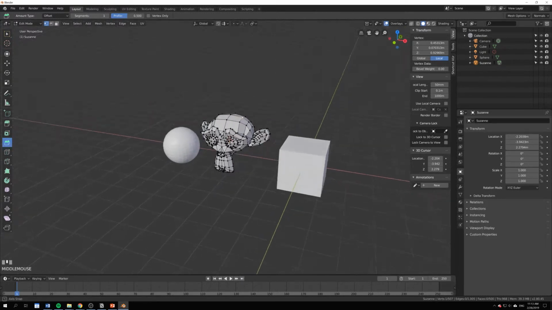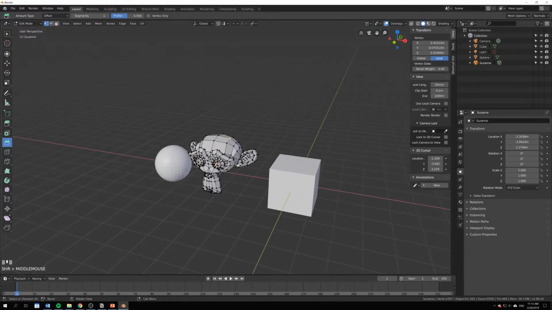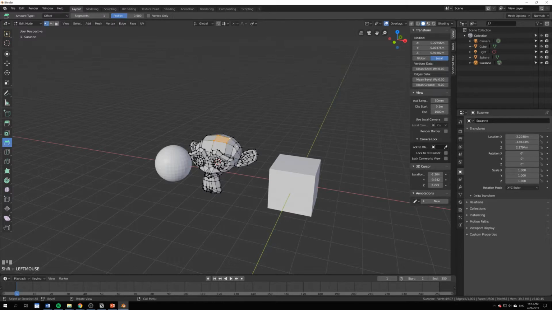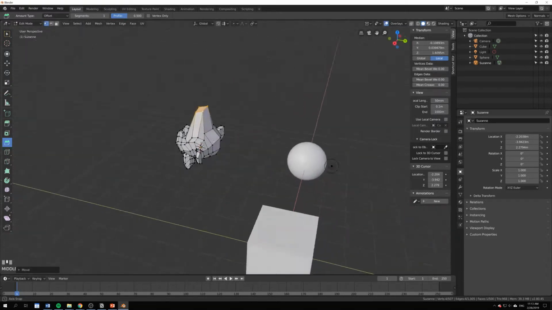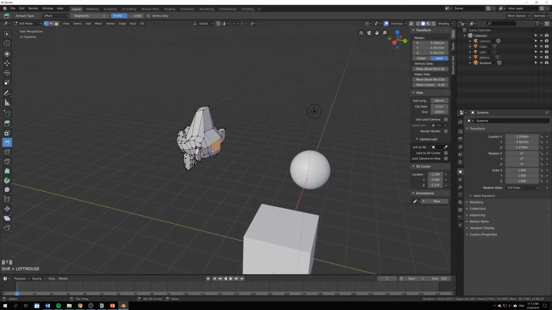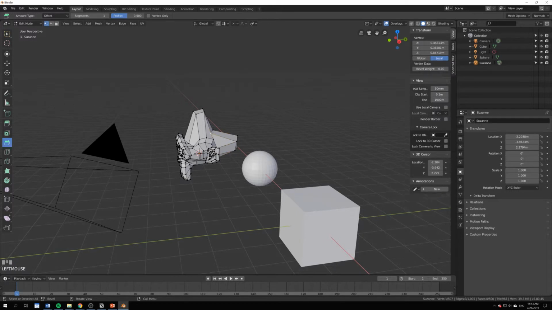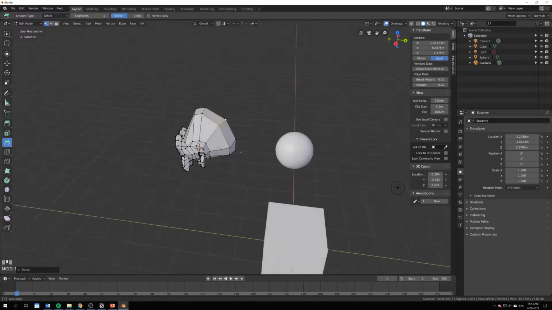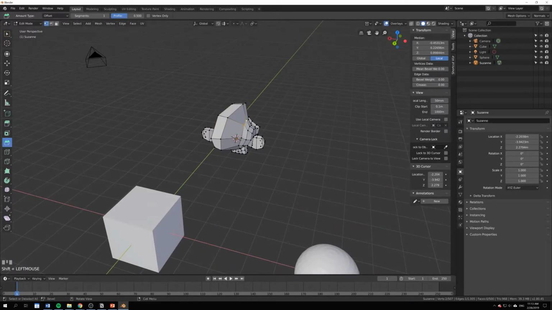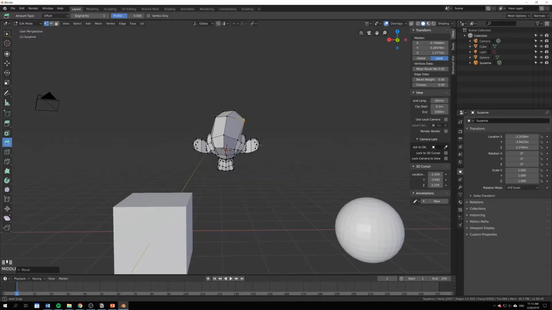Now we already know that we can, for instance, hit G to grab, and we can do the same in both object mode and edit mode. So we can grab multiple vertices here and just start moving them and click to confirm. And we can really start to mess up poor Suzanne here, just moving and doing random manipulations just to get